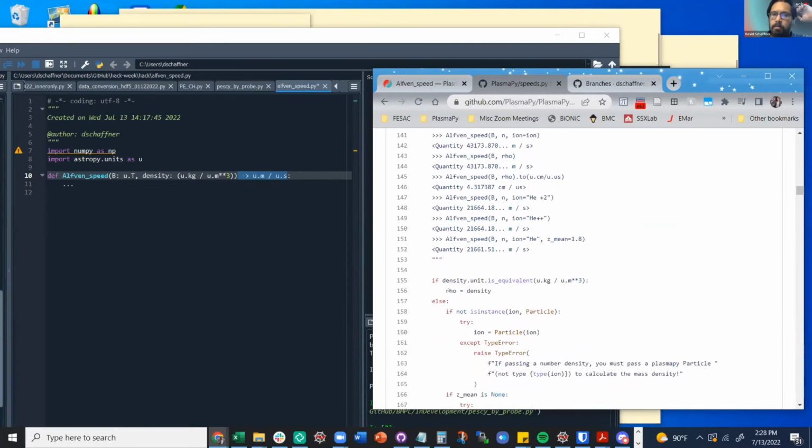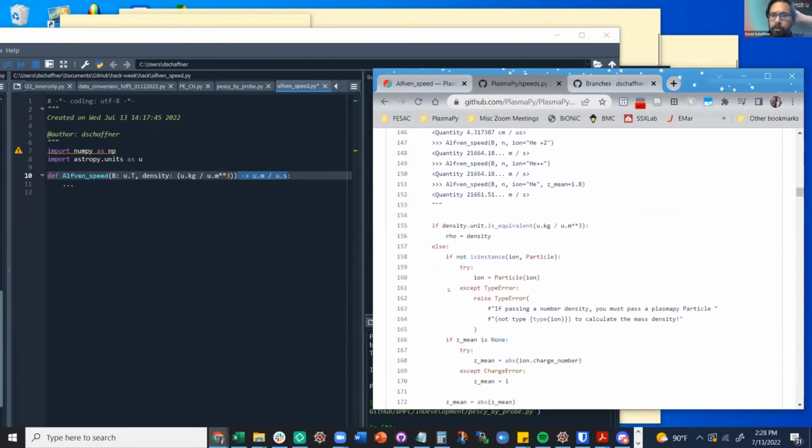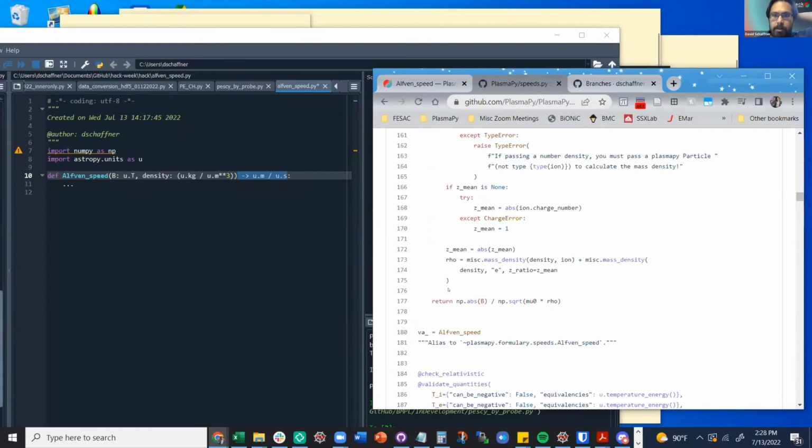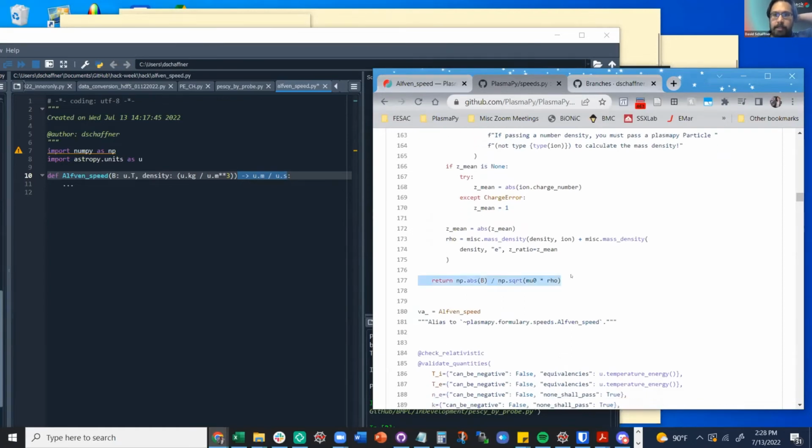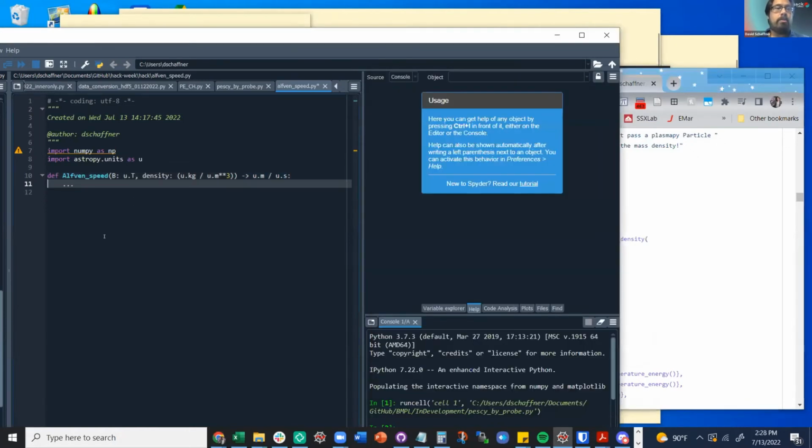So here, these are type errors. You're calculating it right on the return line here. Yes. Right. So I could just, for now, return, in this case, I want the absolute value of B